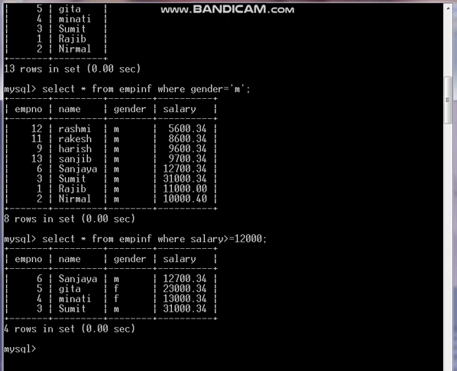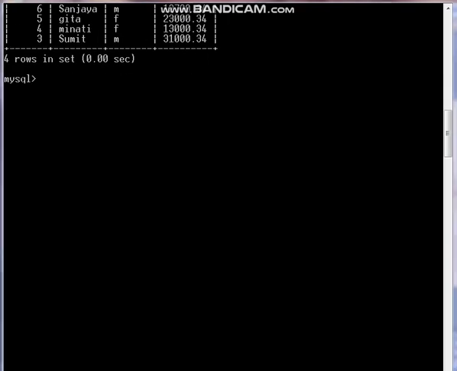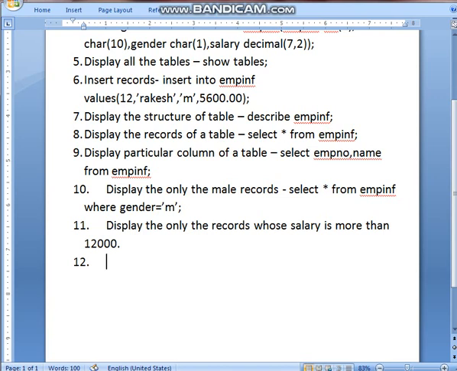Fine. We can use in between also. So how? Let's check how we can use in between operator. Suppose I want to display the person's salary in between some particular salary. Select. So here between clause we will use. So how the between clause we are using, you please see. Select star from